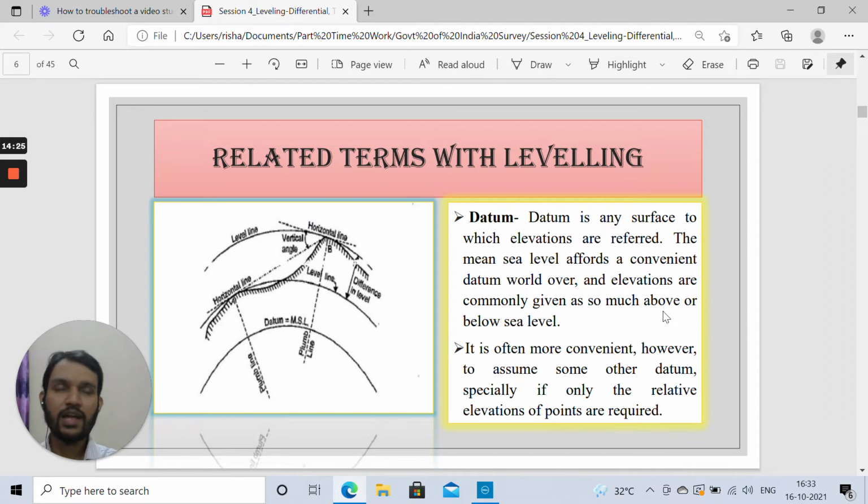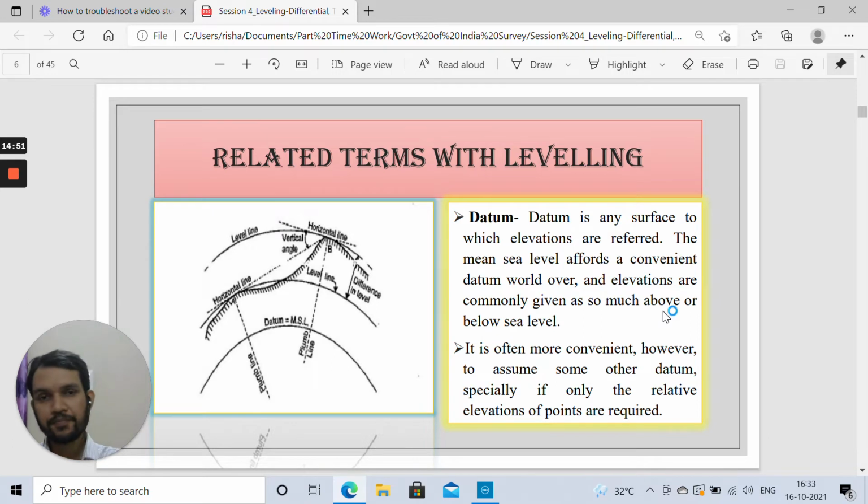Okay, so that you can get an idea of which points are at a reduced level, below the ground surface, or you can say below that assumed datum that we have considered, and which points are lying above that assumed datum. So it is often more convenient for us to assume the datum based on our experience at any particular position, and we can compute the RL of all the other stations with reference to that particular benchmark station.